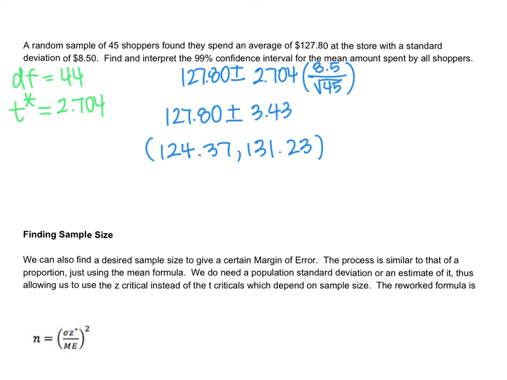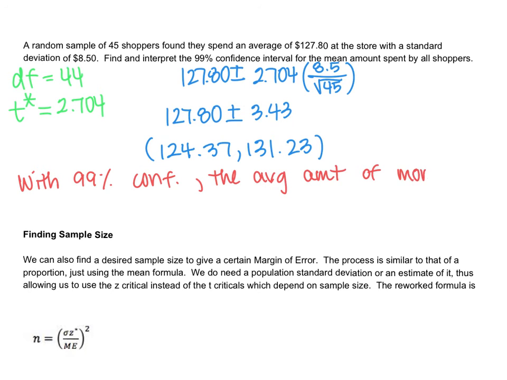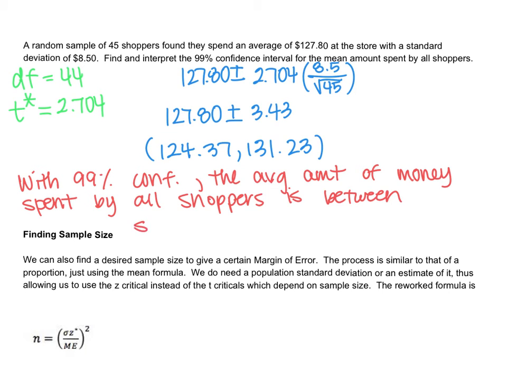So interpreting our confidence interval, we can say with 99% confidence, the average amount of money spent by all shoppers is between 124.37 and